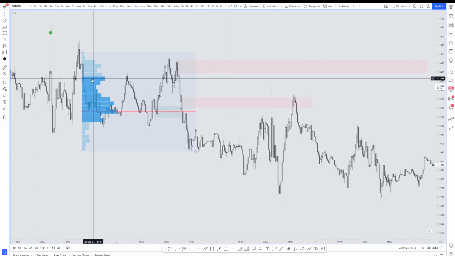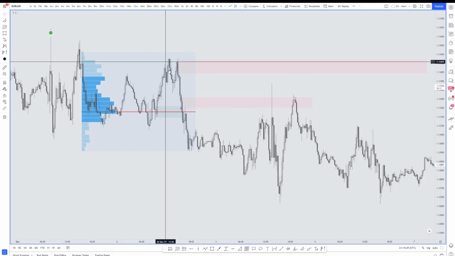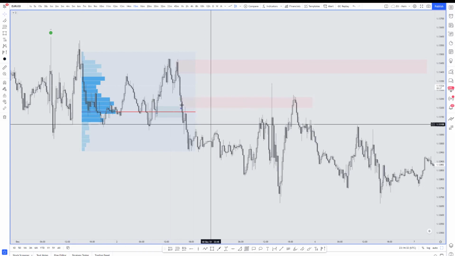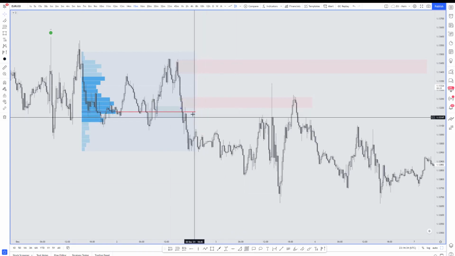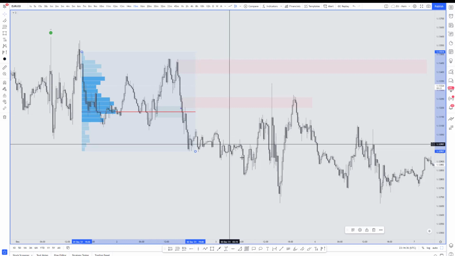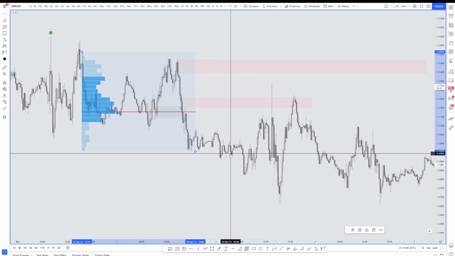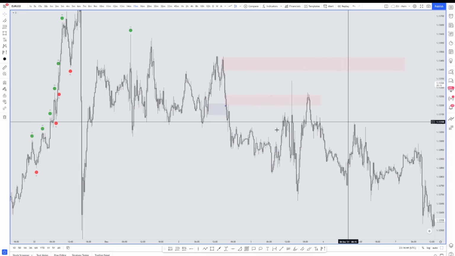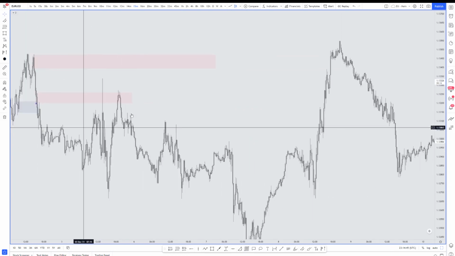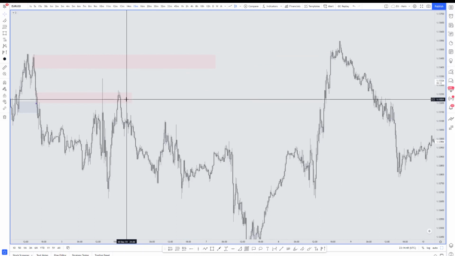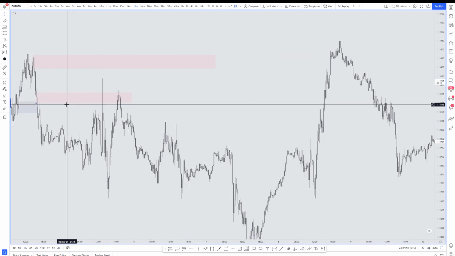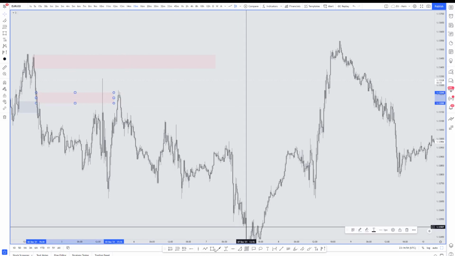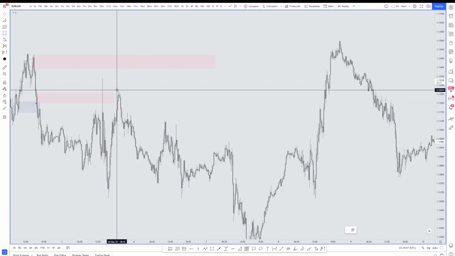What you're going to notice though is volume spikes up here, so this makes this a valid POI. You got another volume spike area here, which also happens to be the flip zone. And a lot of times what you're going to find is these flip zones react back and forth, and if you just continue to pull them across, sometimes that'll even give you a POI or a reaction. So let's just pull another one here. So if we pull another supply here,